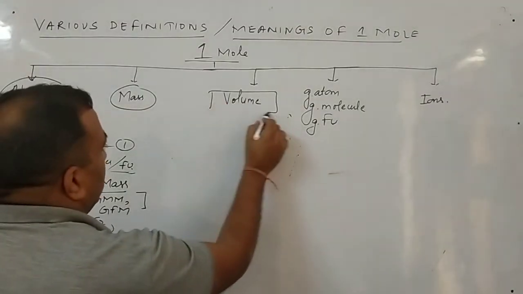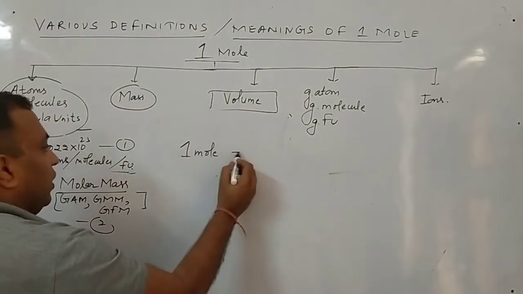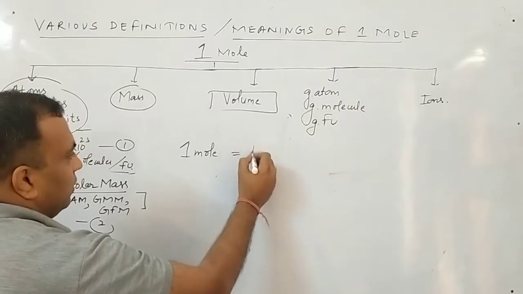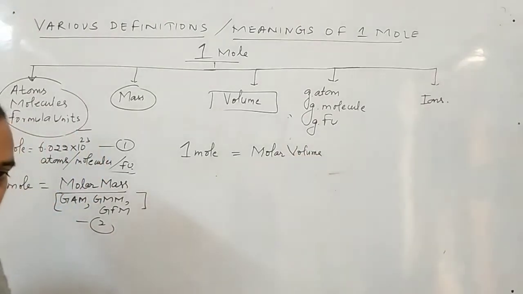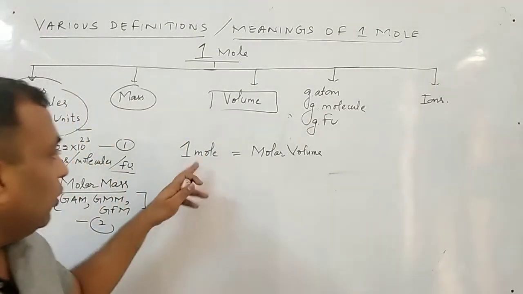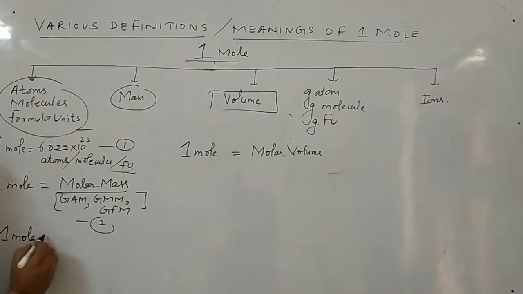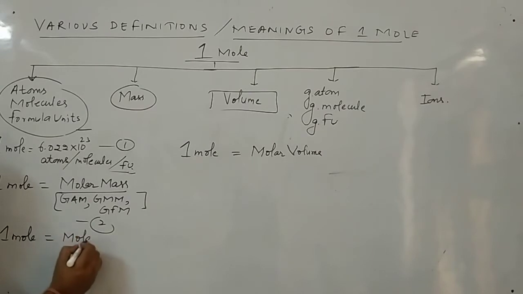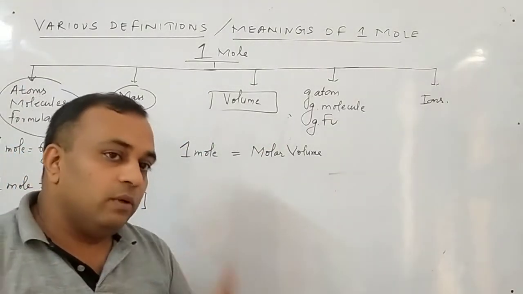Okay, just now we shift to the third, in case of volume. Third definition. So just see now. 1 mole will occupy the volume that is said to be the molar volume. Okay, just like the mass of 1 mole is molar mass, the volume of 1 mole is molar volume. So just I write here, 1 mole will have the volume equal to molar volume. But now we have to understand how can we calculate the molar volume. Just remember one thing.